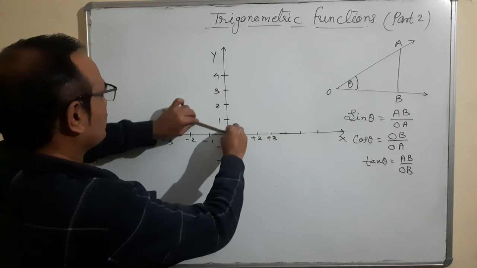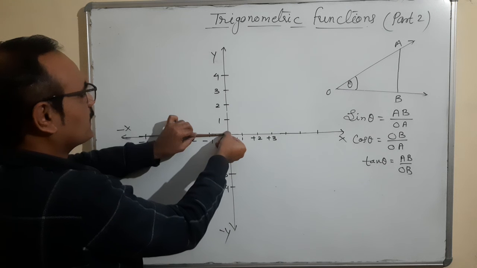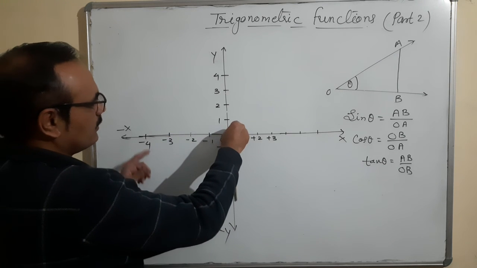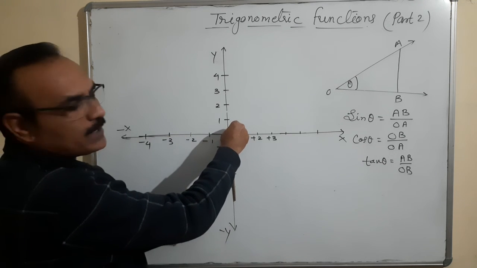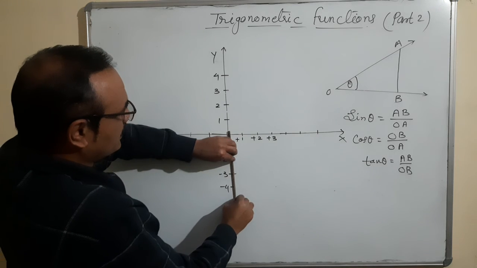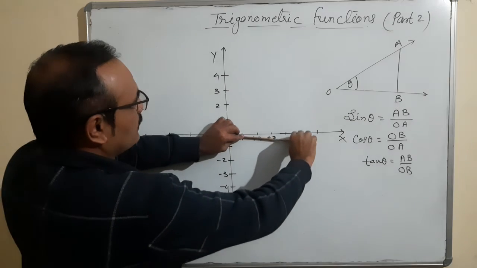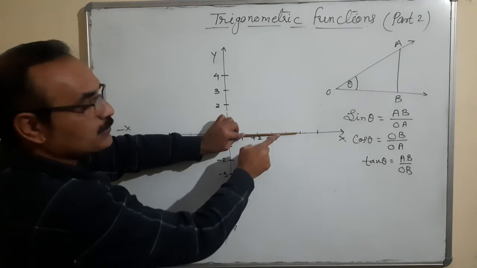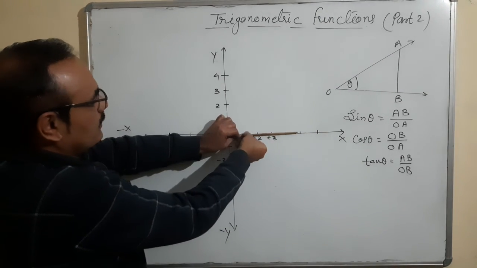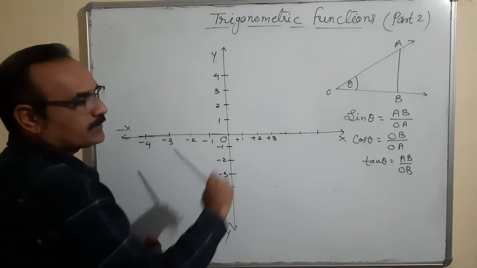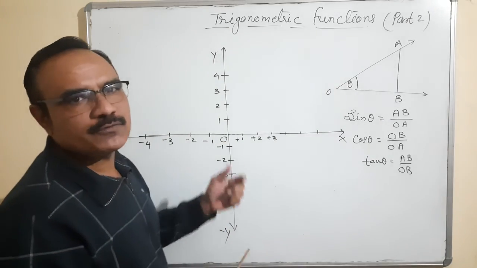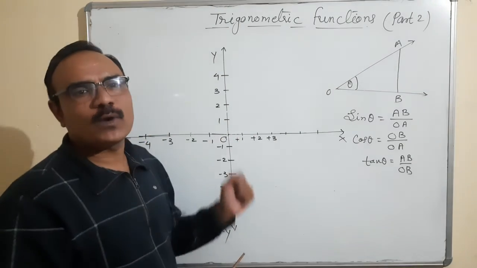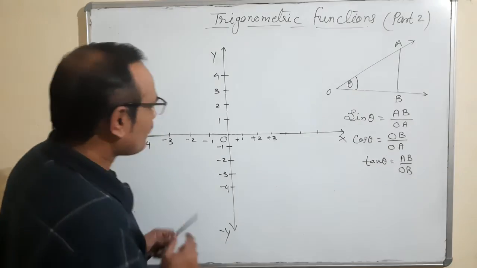Pi by 2 to pi, 90 to 180, then 180 to 270, pi to 3 pi by 2, and again at the x axis, that means 270 to 360, 3 pi by 2 to 2 pi. Okay, the rotation is continuous, because the number of revolutions can be 2, 3, 4, so that means the rotations are 1, 2, 3 and 4.